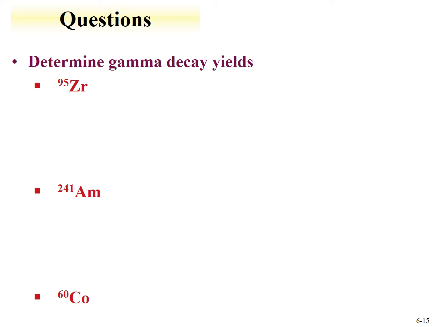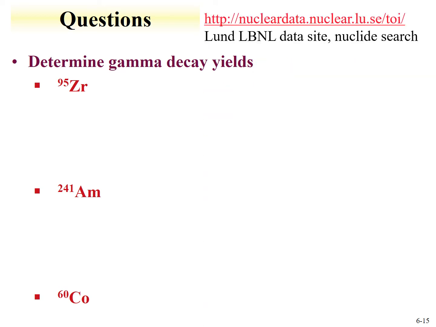So for instance, not every isotope will produce a gamma with a decay. The isotopes that are listed here are examples of 3 isotopes that do produce photons with the decay. However, the yields are not 100%. If you wanted to find information for all isotopes, there are a number of resources. This is a very good resource, the Lawrence Berkeley National Laboratory data site. You can go to this link, select nuclide search, enter the isotope you're interested in, and it'll show you the